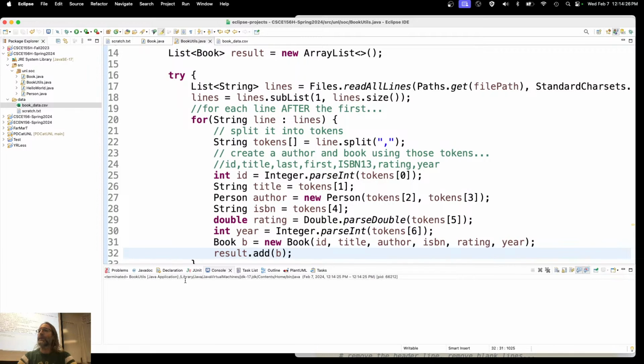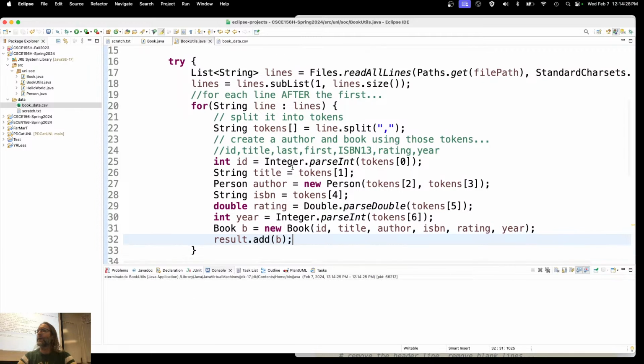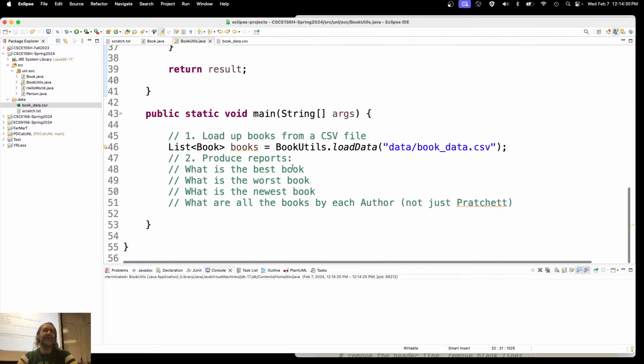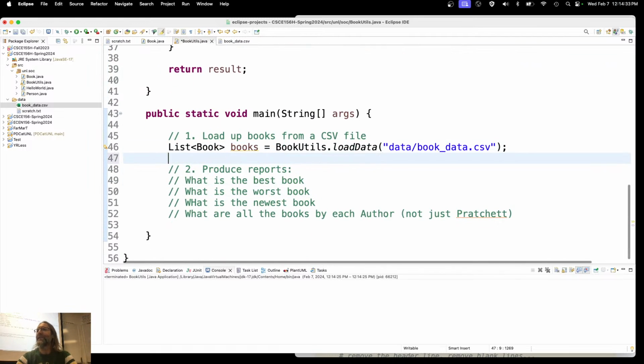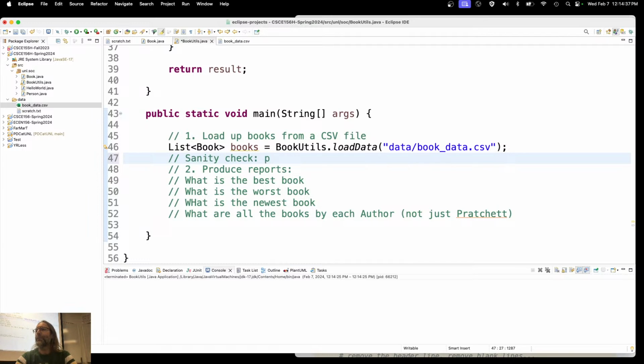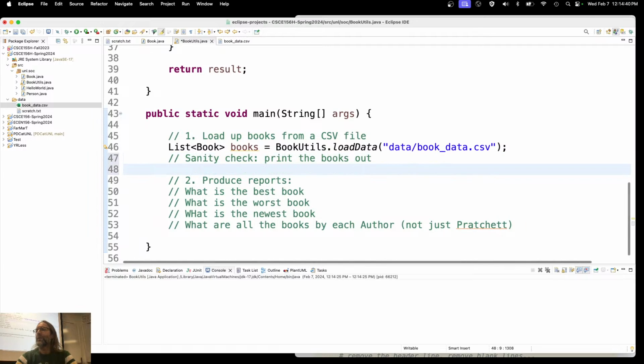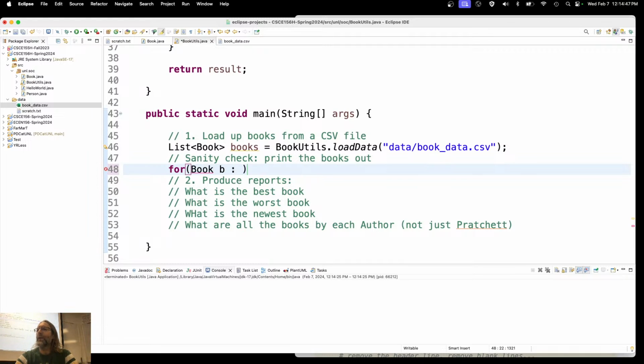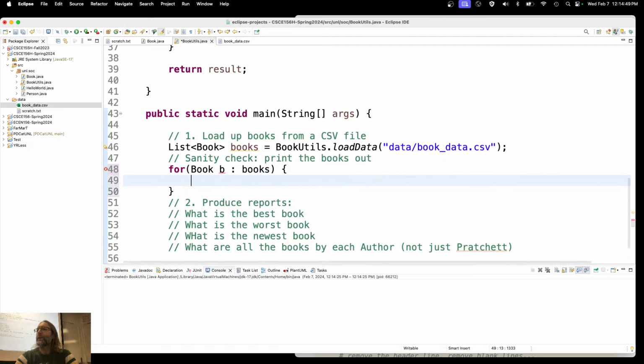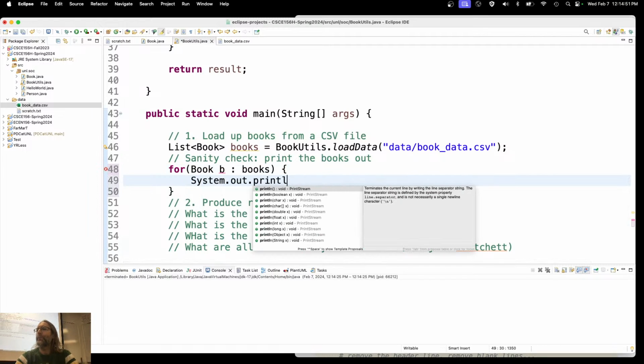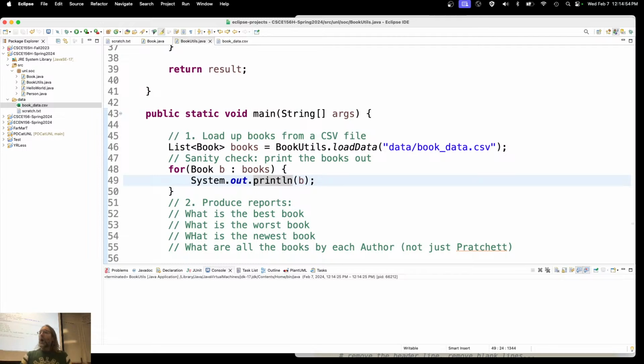Let's run it and see if it works. Well, it does because it's not doing anything. So let's print them out. Sanity check, print the books out. Normally this would be the poor man's way of debugging, but you do want reports, right? Let's go ahead and print them out. For book B in the collection books, System.out.println book B. I don't have to worry about anything else at this point for lines 48 through 49 because